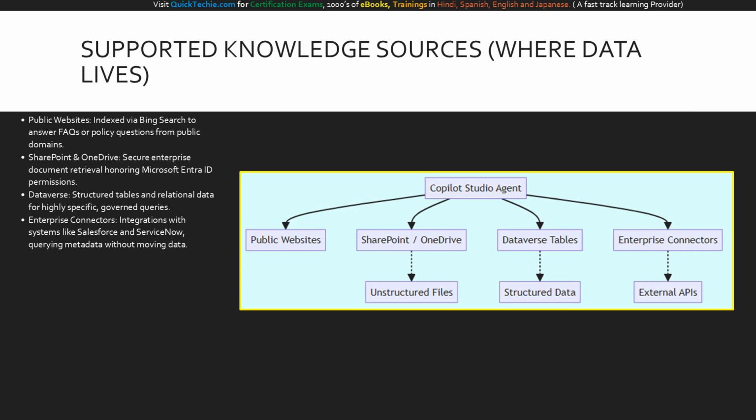Now, let's explore where this knowledge actually comes from. A robust AI strategy requires mapping the right data sources. For external information, you can use public websites, which Copilot Studio indexes via Bing search to instantly cover FAQs and public policies. For internal, secure documents, SharePoint and OneDrive integration is paramount, allowing agents to retrieve enterprise files while strictly